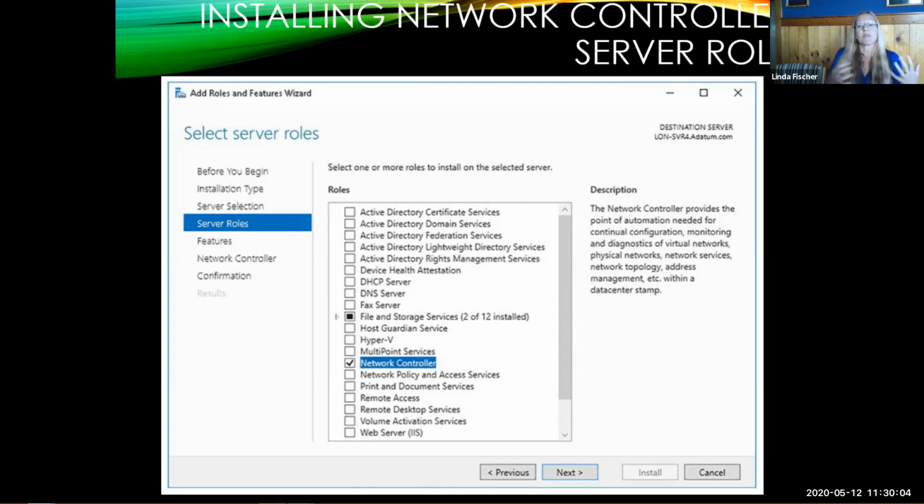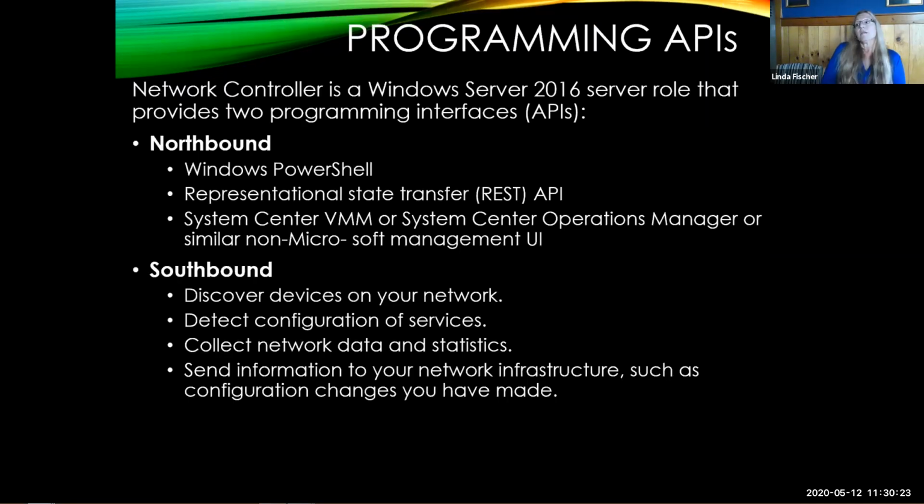So some of those would be software load balancing, your RAS gateway management, your firewall management, your virtual network management of your Hyper-V switches, and your virtual network adapters on individual VMs. And don't forget your network policies, right? So we've got network programming APIs, and there's a couple of things that are pretty standard. It doesn't matter